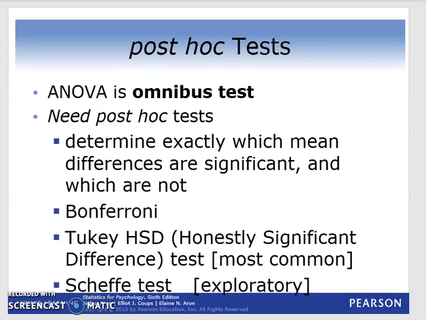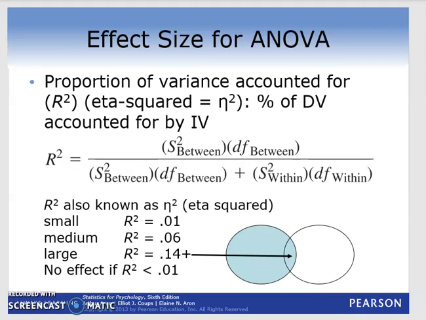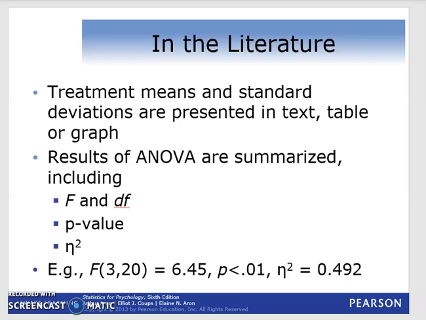The other thing that we can look at with this is effect size. So effect size is eta squared or r squared. Again, here's the formula. I'm not going to have you do calculations for it, but again, you look at a chart, small, medium, large. If I had an r squared of 0.14, that would mean 14% of my variance is shared. If I had an r squared of 1, both of these circles would be overlapping, where one circle represents the IV, one circle represents the DV. I show you how to respond to the literature and give you a couple more slides to review on your own. That's it for my